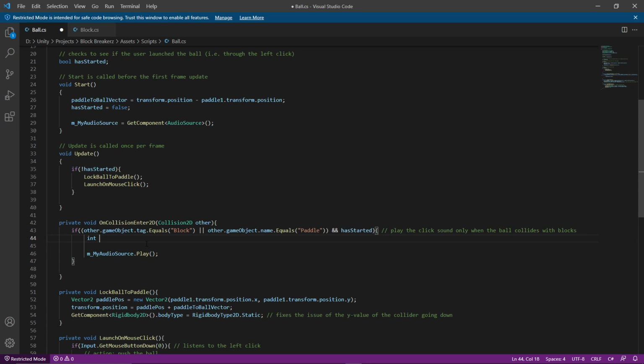Int, let's say play index equals Random. You probably need to add the library to the namespace. So it's going to be 0 to 5. No, it's not going to go up to 5 because then that would be an index out of bounds error. 5 is exclusive, so it'll only go up to 4. So now